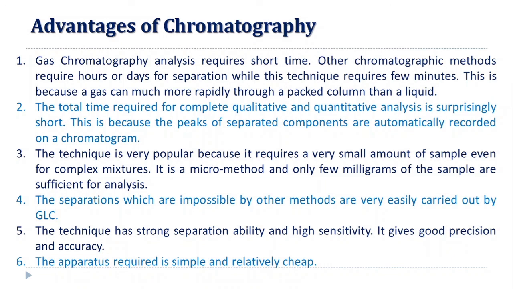Suppose you buy a chemical from the market, say acetone, and you run it on gas chromatography. Within a few minutes you can see what impurities are there in the acetone, it could be alcohol. So what is the percentage of alcohol present in that one? Within a second or within a minute you can get the amount of impurities present in the sample, or how many types of impurities. How many peaks you are getting depends upon how many types of impurities are there. So you are getting that idea by using this gas chromatography.